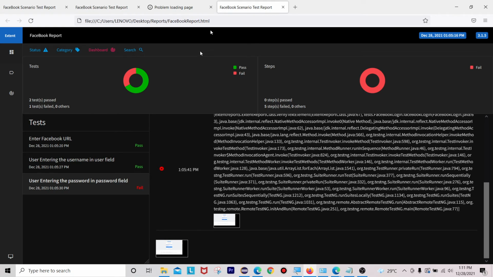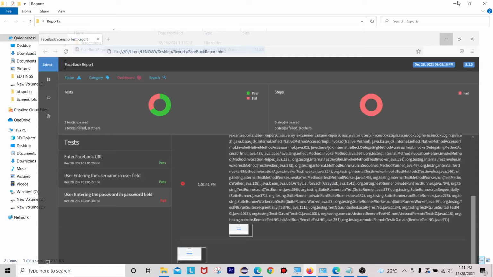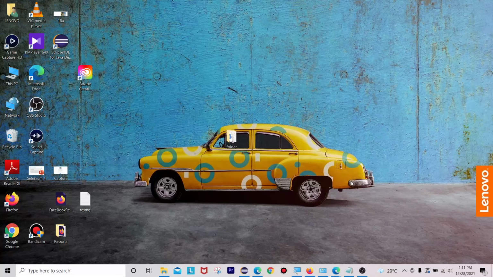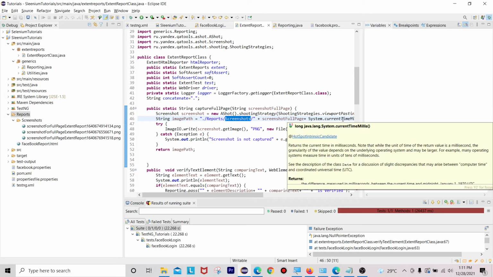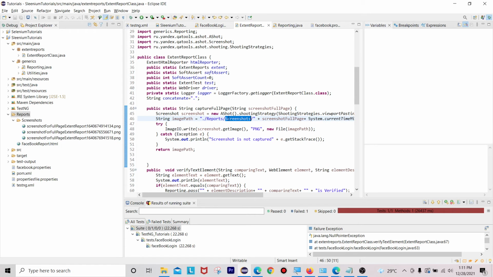you can see now it started working, because we are storing it inside some folder called reports folder, right? We are storing that screenshot under the reports folder. Under the screenshots folder we are generating this screenshot here. Okay, so that's why we have to mention the root directory as dot operator. So then what it will do, it will take the current project location, then it will go from reports, then it will take screenshot, then it will take the screenshots along with the .png extension.